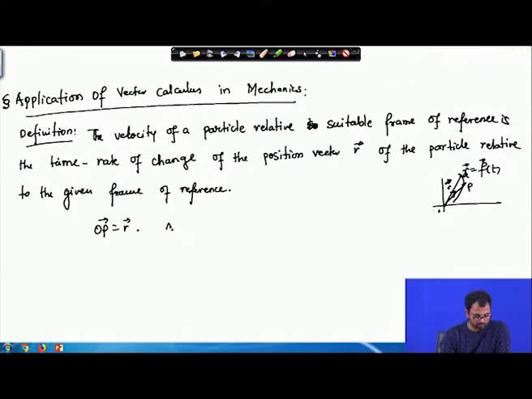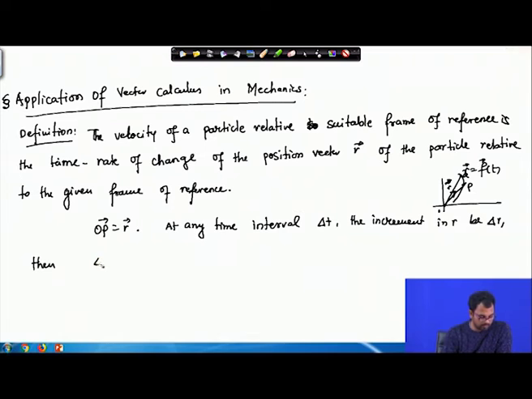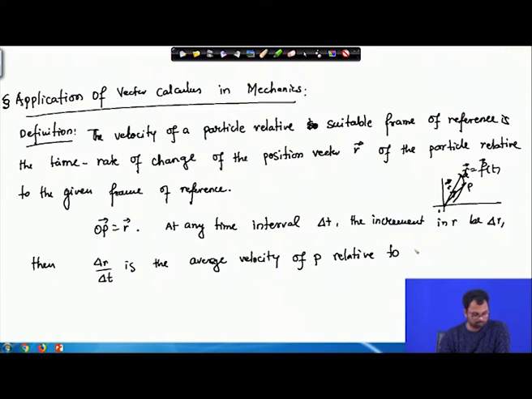So, at any time interval delta t, the increment in r be delta r, then delta r by delta t is the average velocity of P relative to O